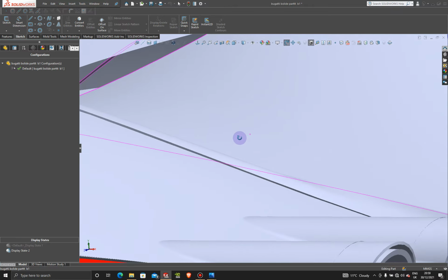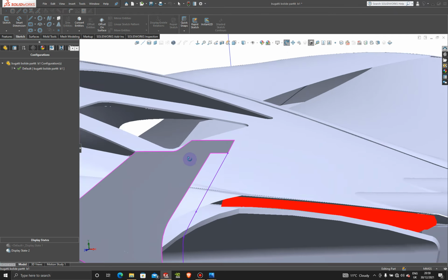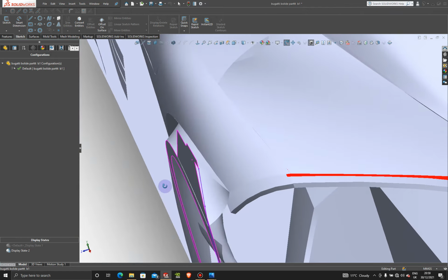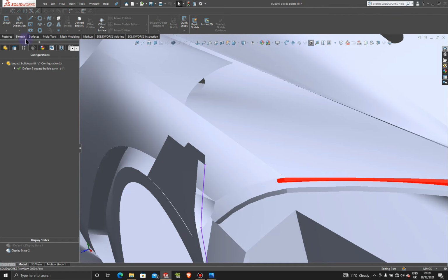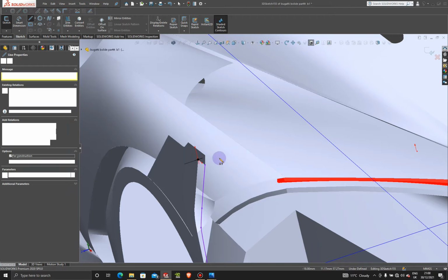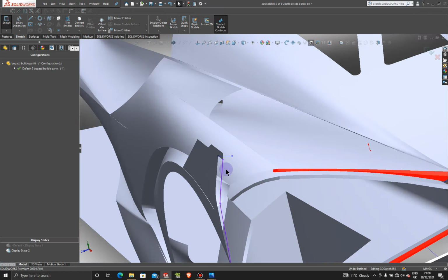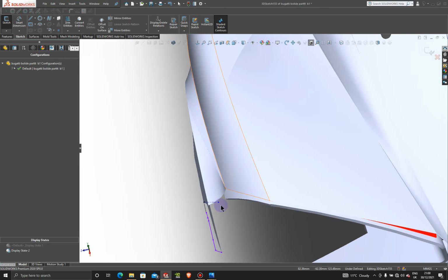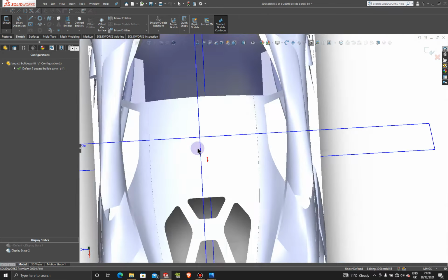So we're going to grab a 3D sketch, of course, and then 3D sketch, center line, and then we're going to drop it right in this middle section here. Press tab, exit, and then jump to the top here,